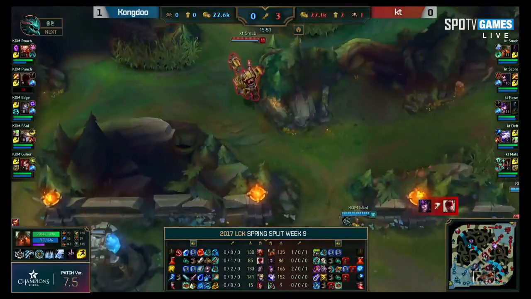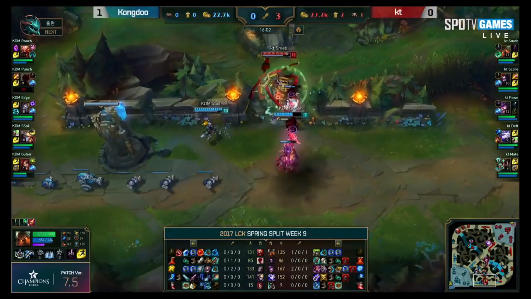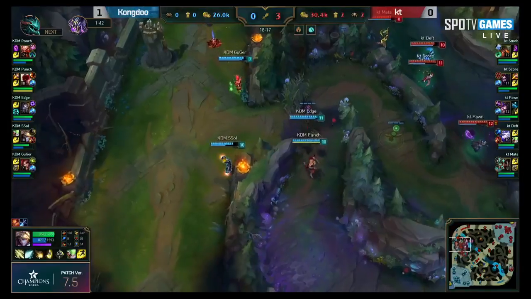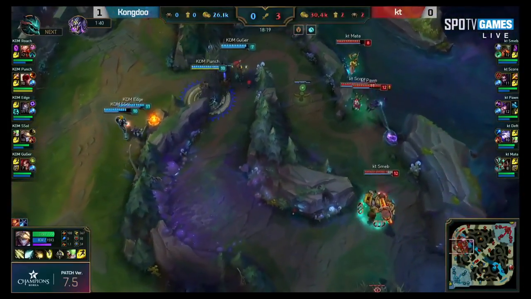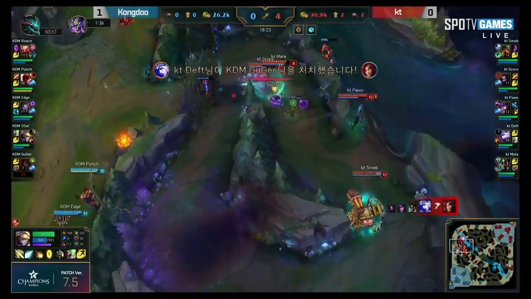And finally, Pawn. Maybe he's heard some of the criticism. He's like, okay, time to show up. And Smeb going 1v2 here. They have the Mountain Drake. They have the Ocean Drake. If they take a team fight right here, that probably means they get Herald too. Well, Cougar